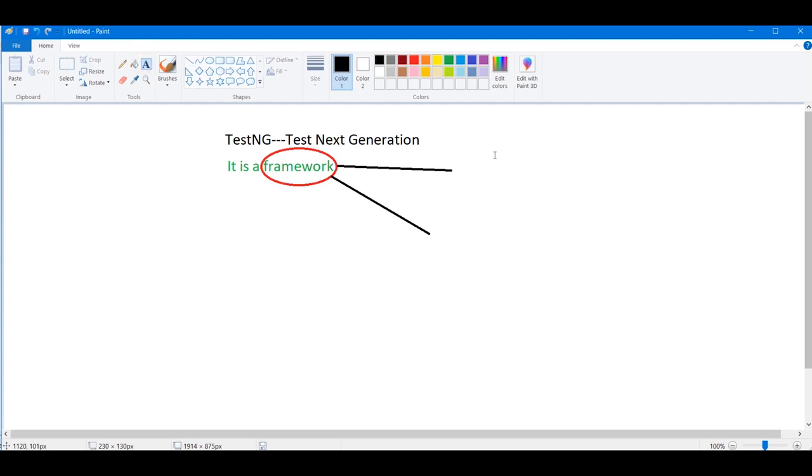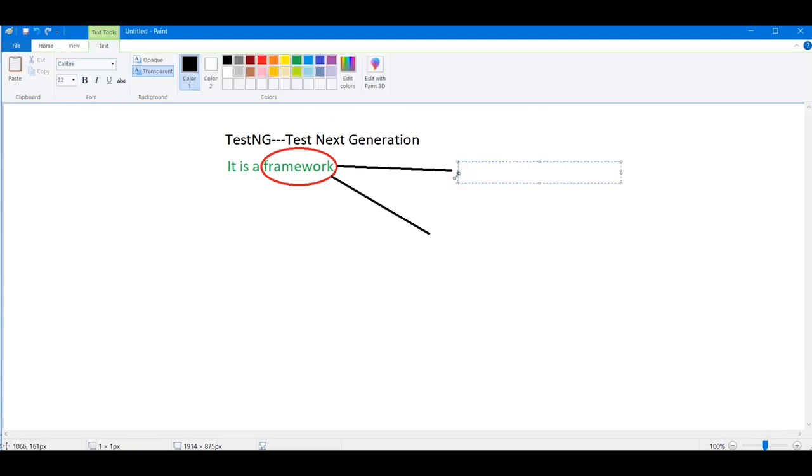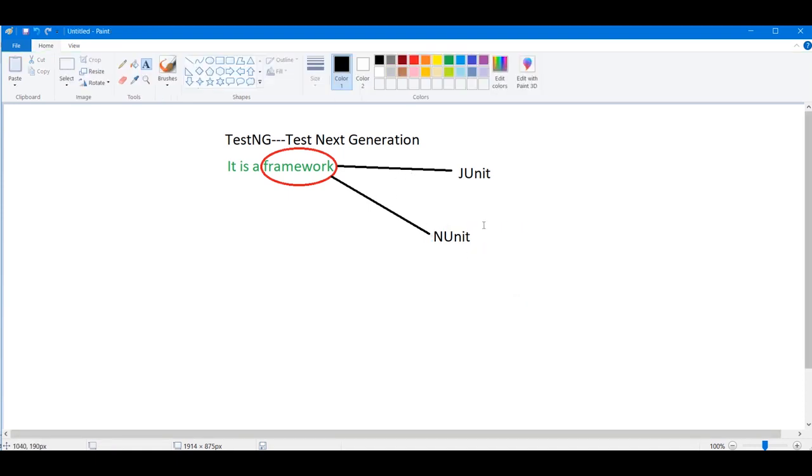First unit is your JUnit, or second is your NUnit. These are the unit testing frameworks guys.